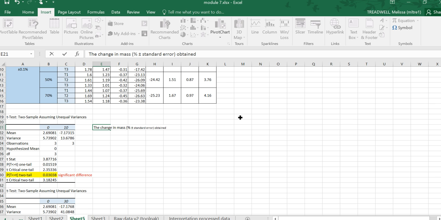Obtained, so the change in mass obtained by the potato was, I'm going to include my mean values, which here was 2.69%,